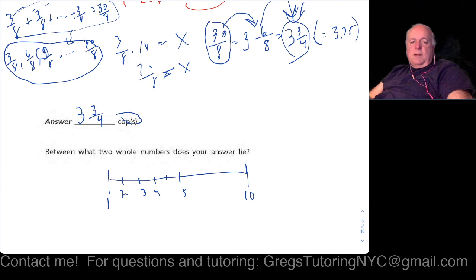Forget this part for now. It's not to scale. So it's saying it's 3 3/4. So 3 1/2 is about right here, and 3 3/4 would be right there. Okay, so that's my 3